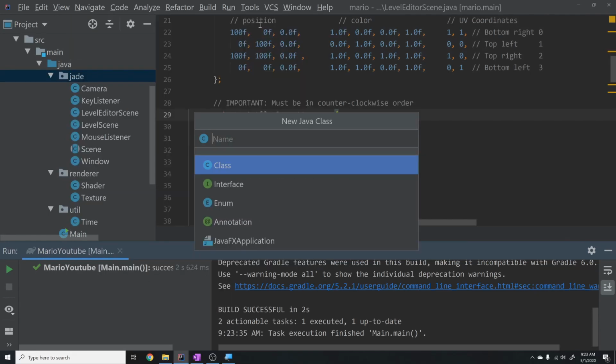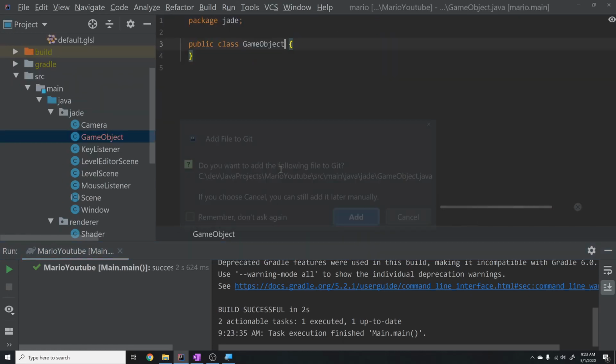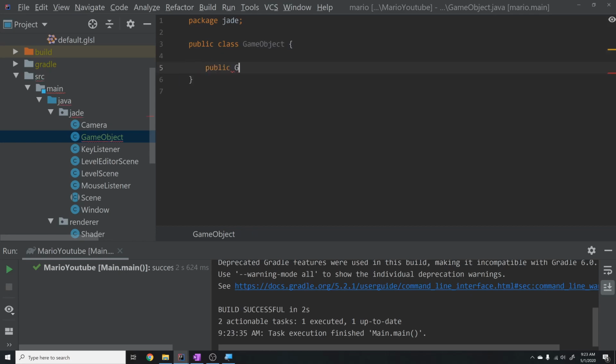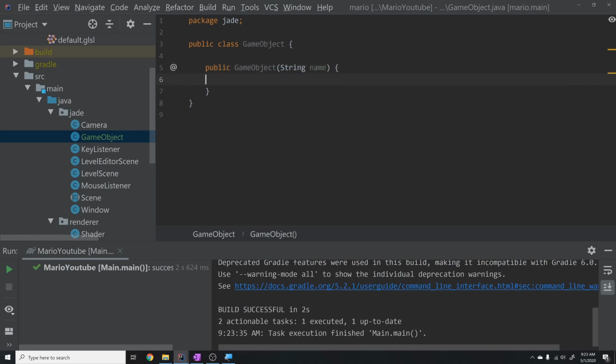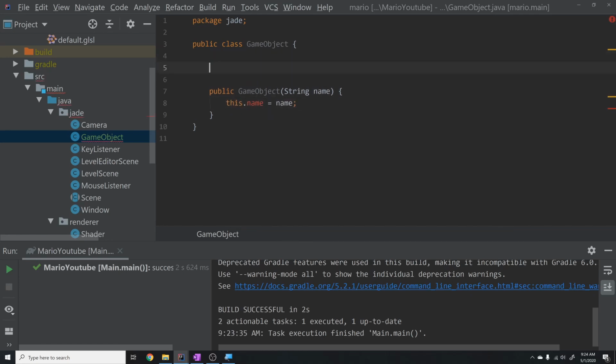And inside here, I am going to create a new class called GameObject. This will be our middleman. This will be our container for communication. So we are going to create a function that will initialize this guy. And we're just going to say GameObject. And he's going to take nothing for now because, well, we can give him a name for now. But we don't have the transform data utility yet. So once we get to that, we will add that. So for now, we'll just say this dot name equals name, and then we'll go up here and we'll say